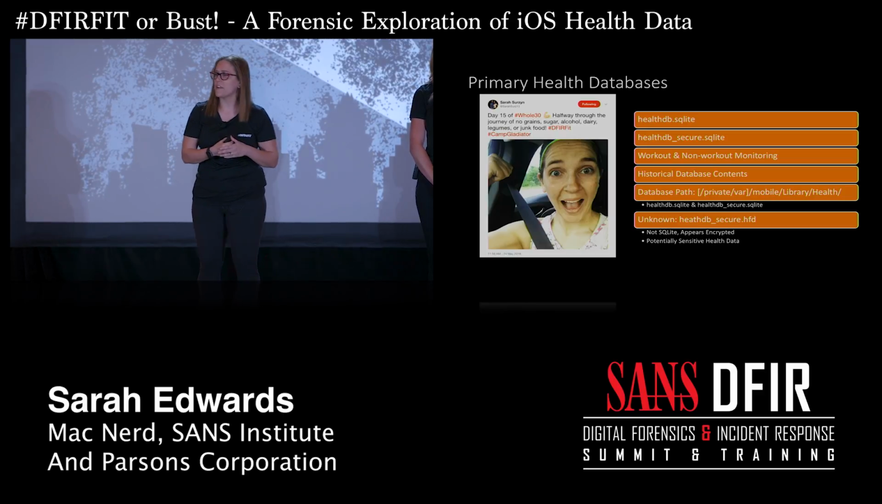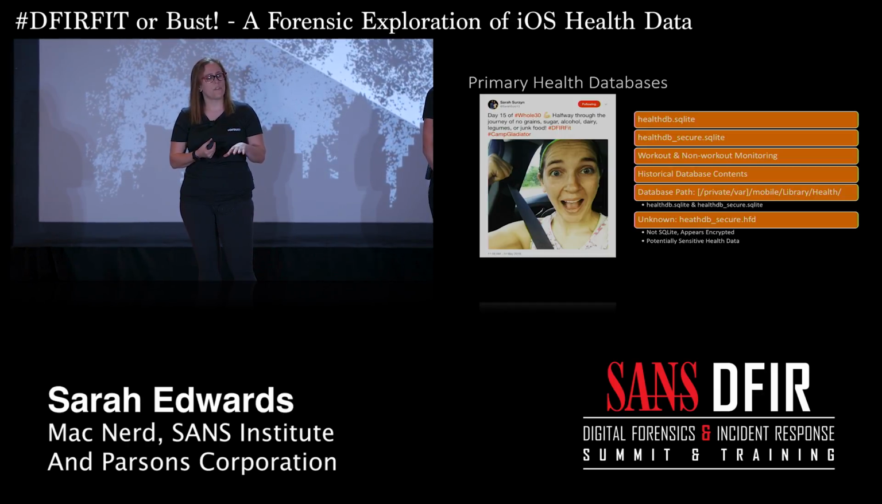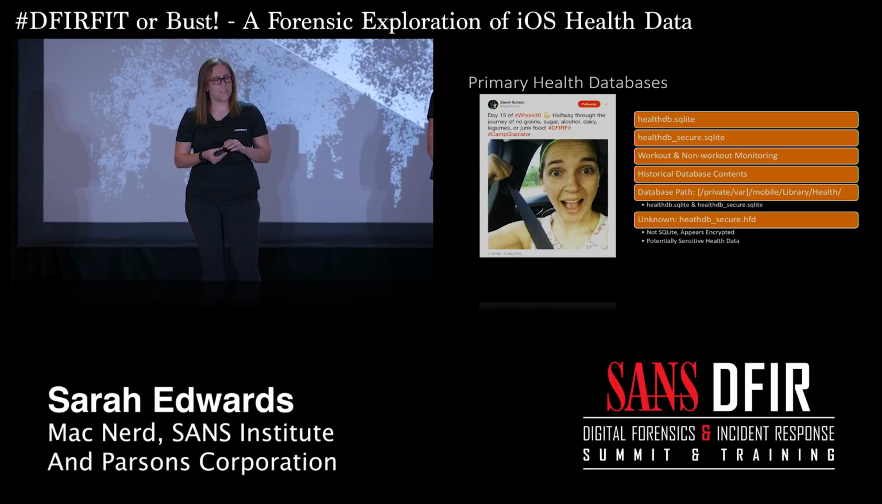I got some paths in here. If you do want to go get it on the device or pull it out of a backup, you're going to find it in the Library Health directory, in both different databases that we're going to be talking about in the presentation. Another one that we found, this one is relatively new,